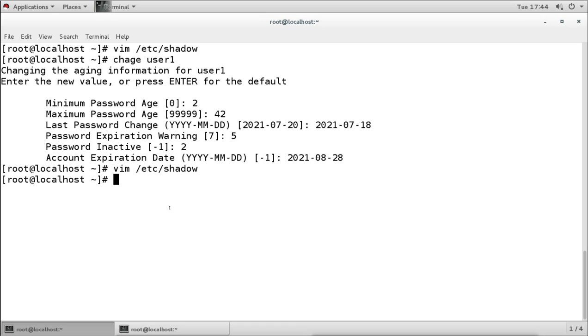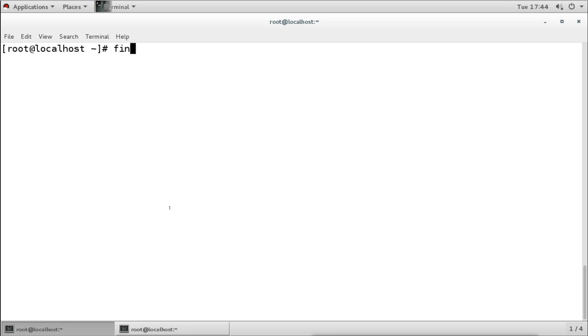Now we know how to create account, how to modify account, how to create group, add users into group, either primary or secondary, and then we know how to manage the password for users. Now we can add some additional information also with the user by using this finger command. This finger command will do what? It will be used to add the additional information and also to provide the additional information for the administrator. So we can use this finger command with username so that we can see the additional information about this user. Now it says the command not found.